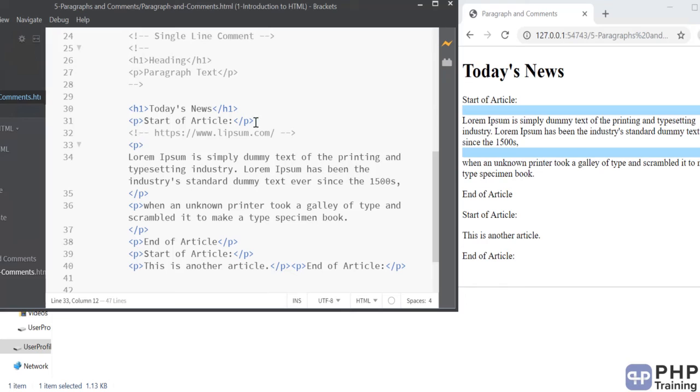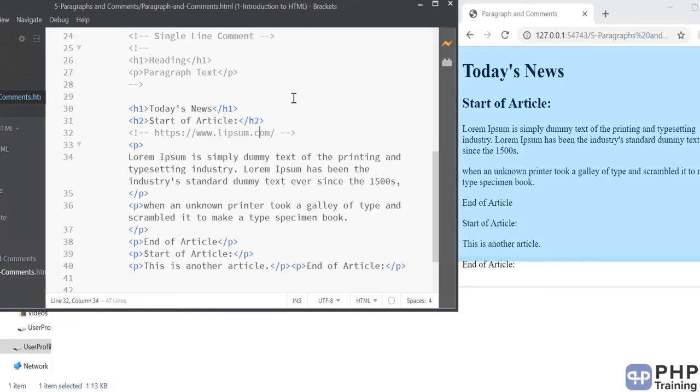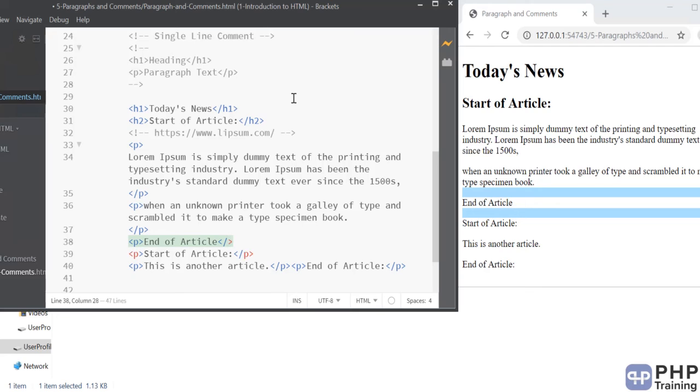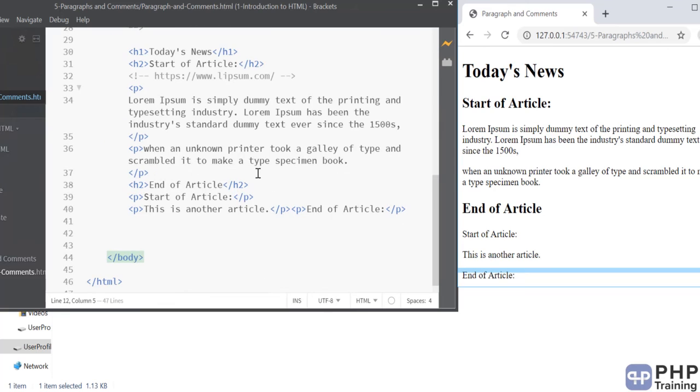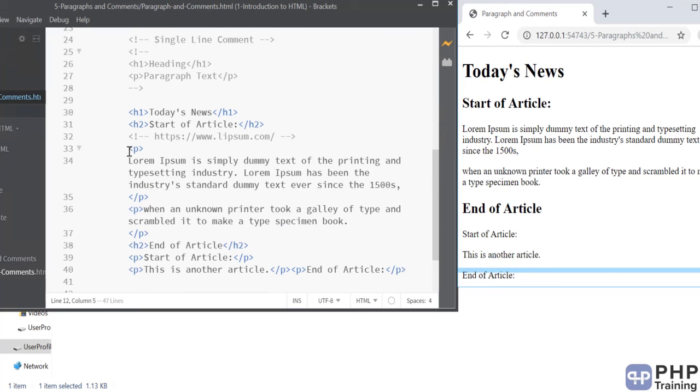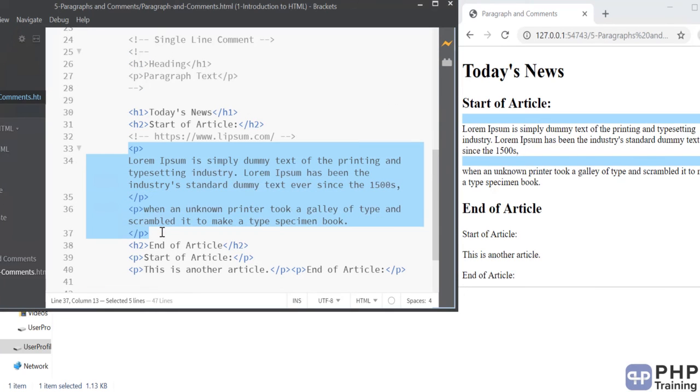And sometimes you might say, okay, I don't want to have my start of article in a paragraph. Maybe you choose to have h2 here. So this is how you play around with h1, h2 and paragraph. If you want different sizes of your title, you can use h1 to h6, and for all the text that you want to write as a paragraph, you define it under the p tag.